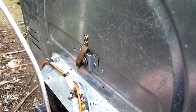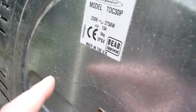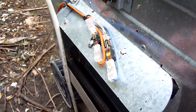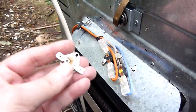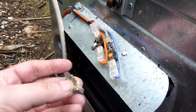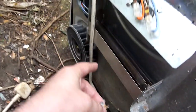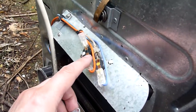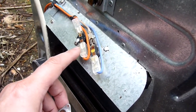This is a Hotpoint TDC30P tumble dryer, and what I want to talk over is the thermostat that goes with the heating. Now, if you can look here, you can see there's the heater element, and you've got two thermostats